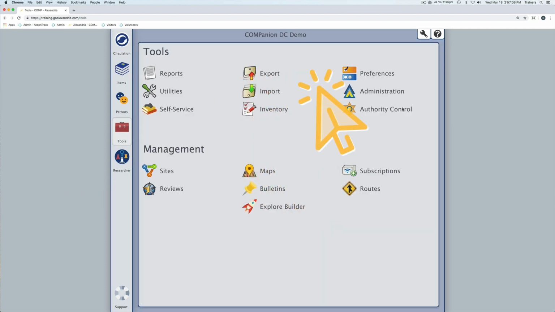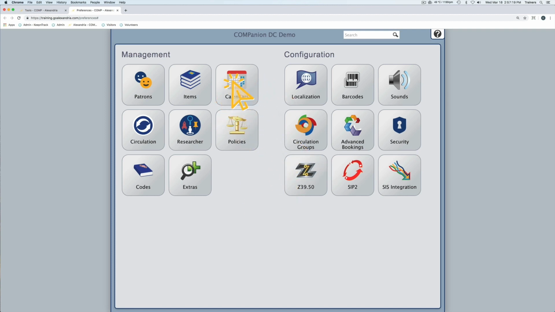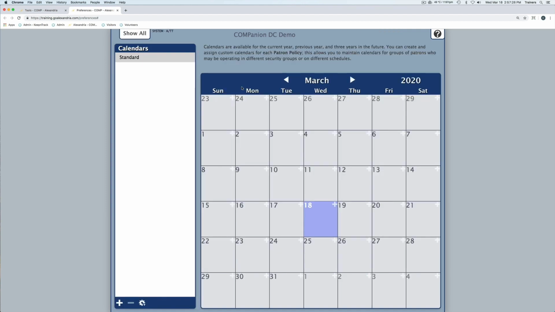By accessing our calendars found in the Preferences section, we have the ability to go in and mark the library closed, thus extending out when materials would need to be returned by. This means that for any items that would be running into overdues or possibly accruing fines and fees while the library is closed, you're not going to have to worry about them, because as items cannot be returned on a day that the library is closed, we're just going to go ahead and push that due date forward to when your library is reopened. Coming into the calendar, all I need to do is simply start clicking on the dates